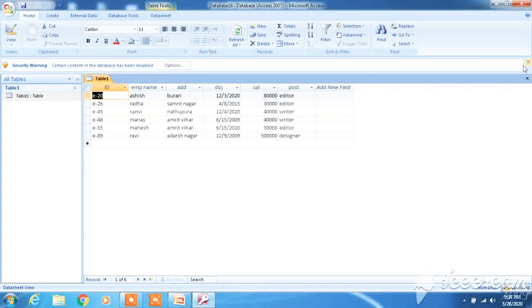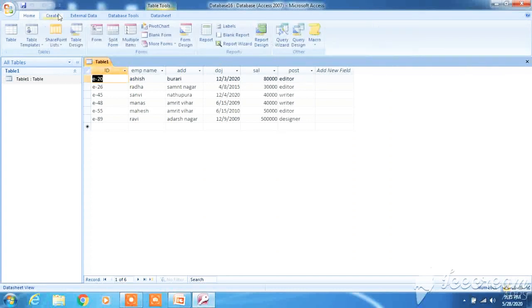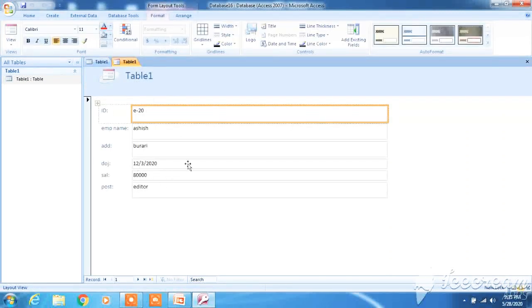Please class 8, see here. You know how to create the database. You know how to insert and work with queries, right? If you have forgotten, please go to part 2, where I have explained it. Please go through it. Now this is one table with employee ID, address, and date of joining. We will be creating a form. We are creating something, so which tab will we go to? Create. Here the form option is there. Click on form. A form is being created.